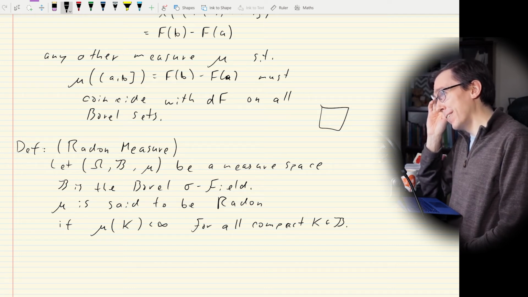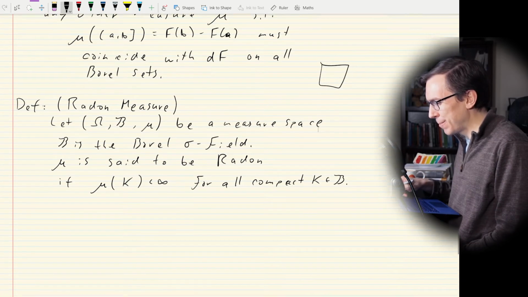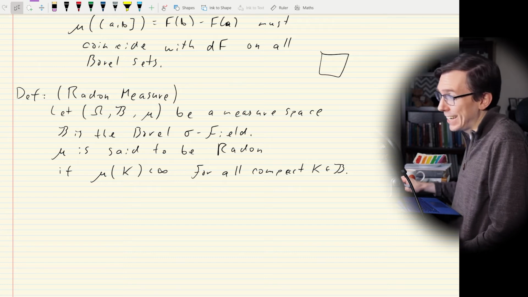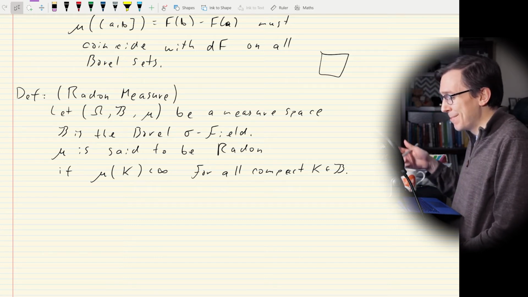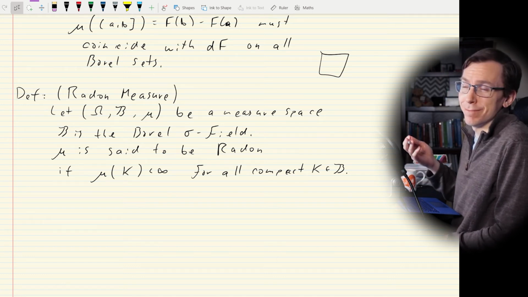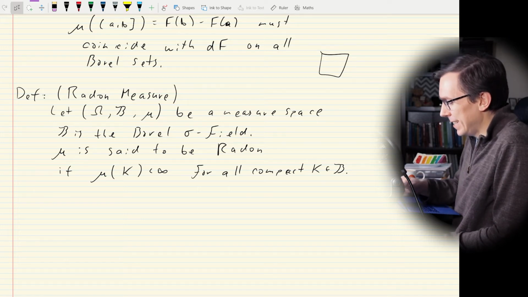If you're really going out there in probability theory, maybe you'll get some non-Radon measures, but you're going to have to go digging a little bit further for them. At least I never encountered them in more applied statistics work. I mean, presumably, maybe someone has, but we'll see. Anyway, it's kind of neat that,